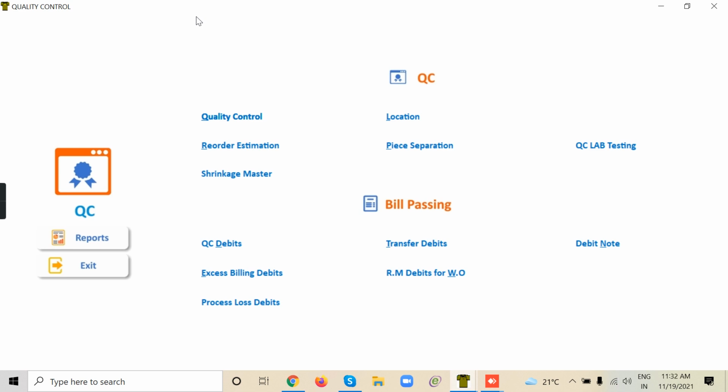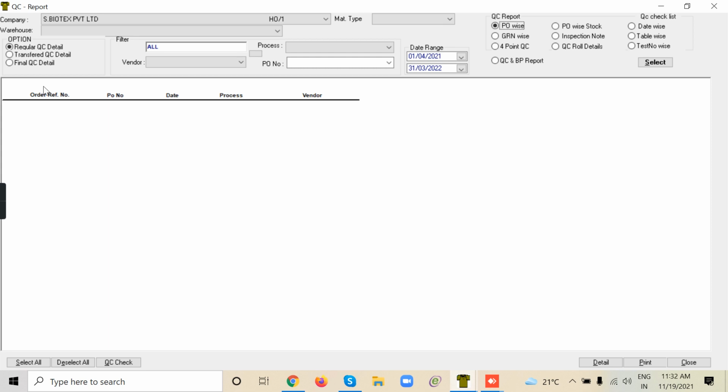Now, if QC entry is completed, then you can go to QC reports and see the QC status.